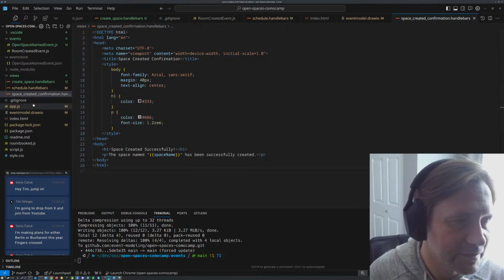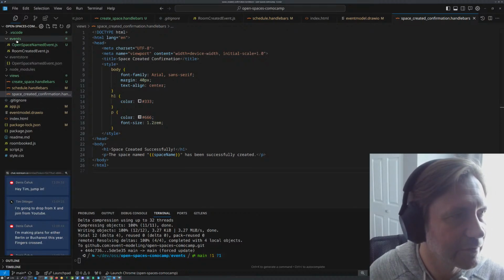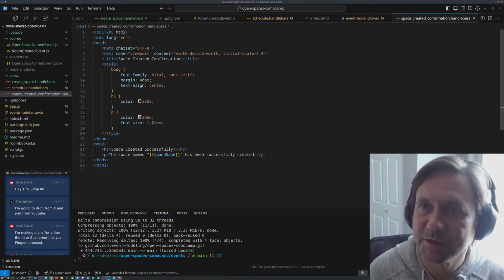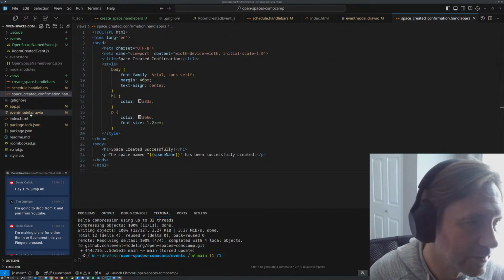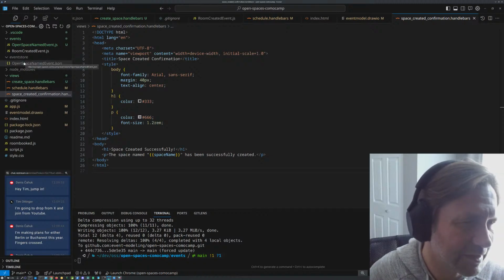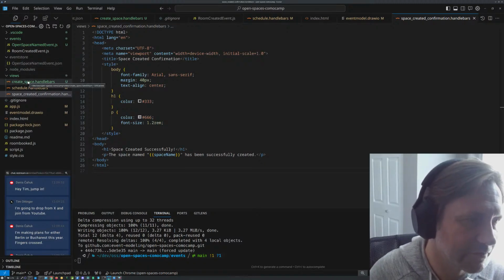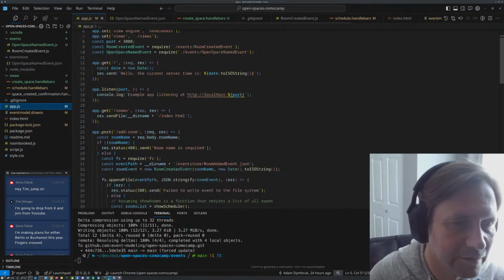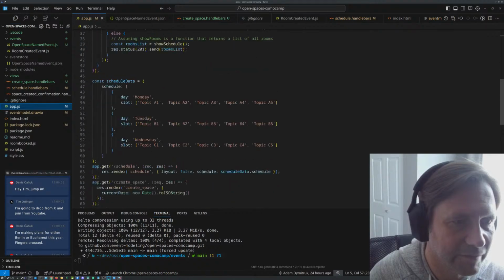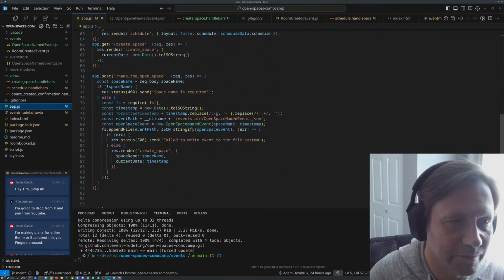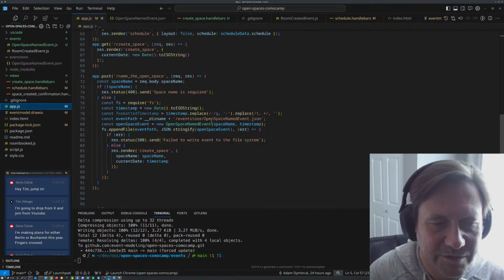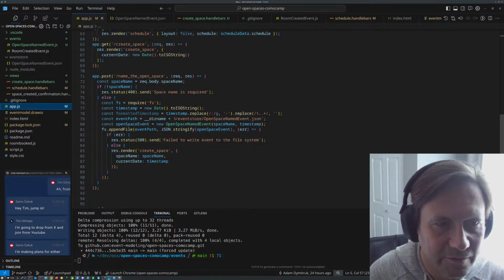And let's see if we have that redirection to the space created confirmation, because I forget, I think we just give a generic other view here. We just go to schedule, I think, or something else. I forget what we did. So if we have add room, but this is the name of the open space thing here. So we also didn't put the